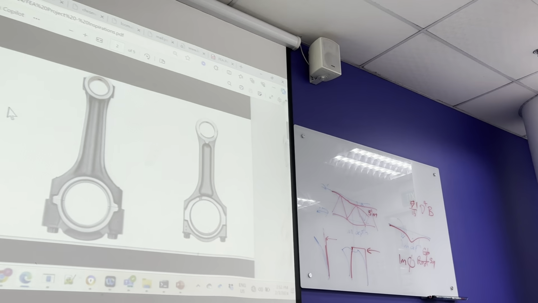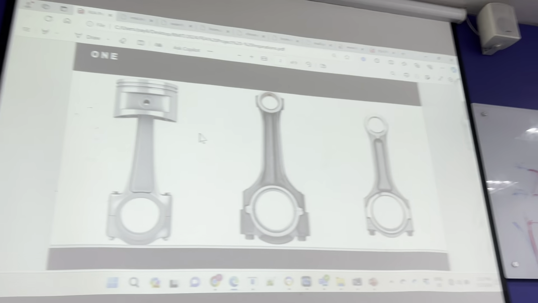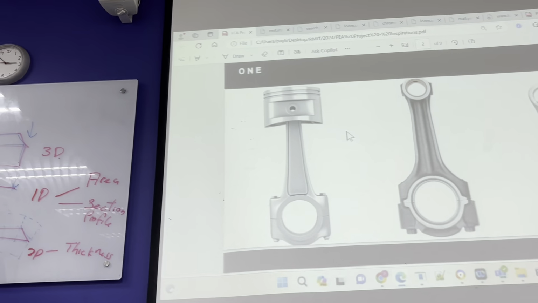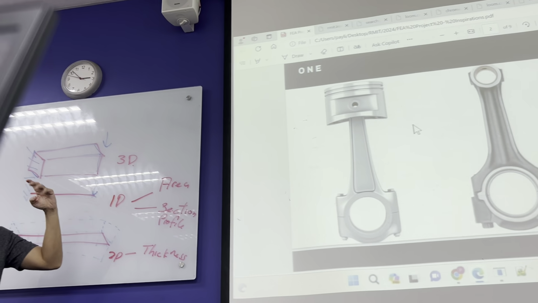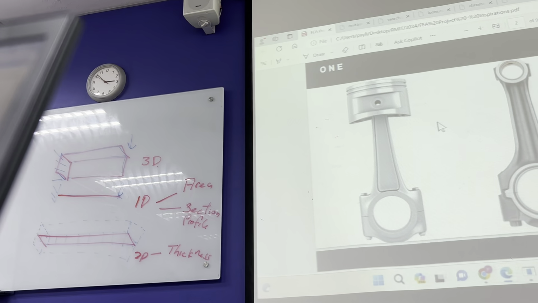The beam, right? Remember in the recorded video, we say the truss is a 1D element that has a hinge joint on both ends, correct? Whereas for the beam model,